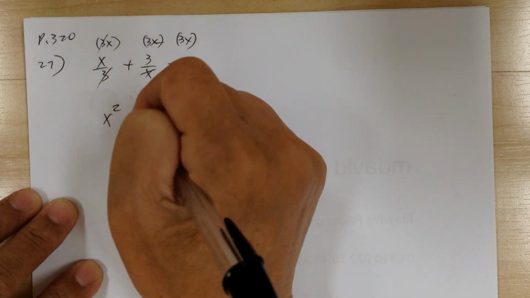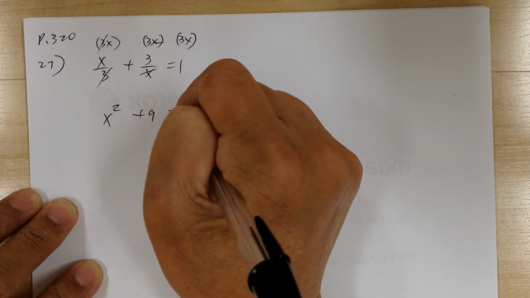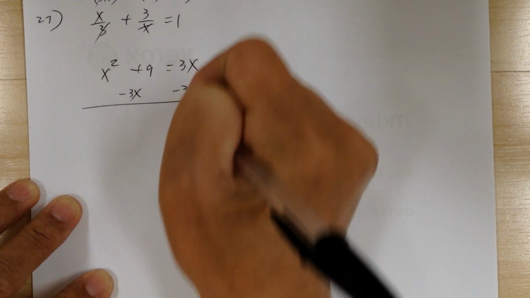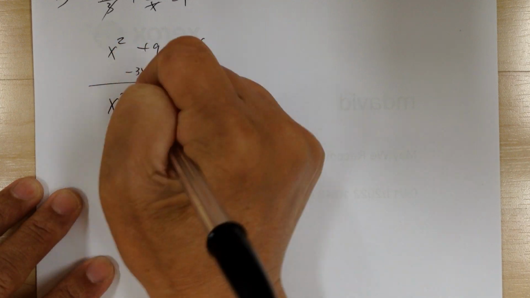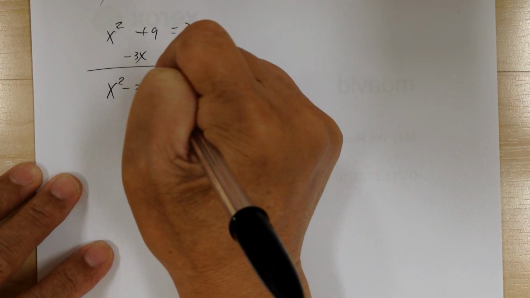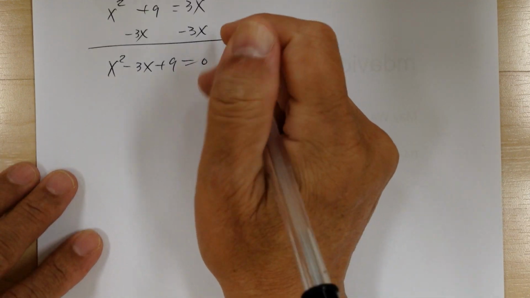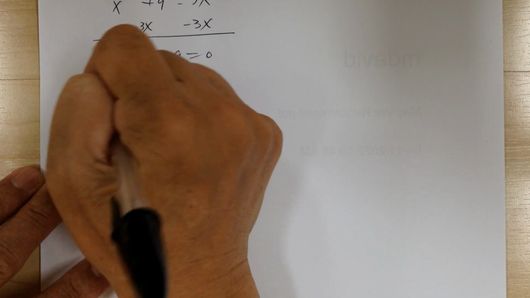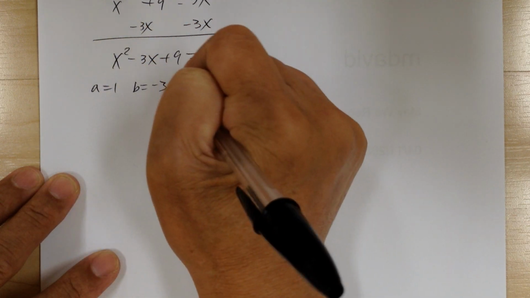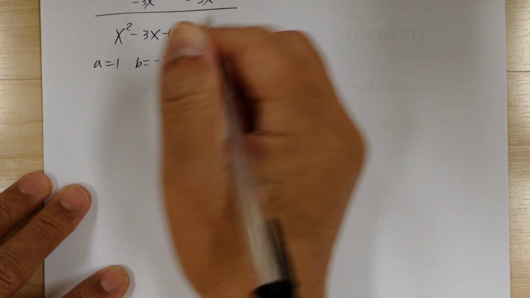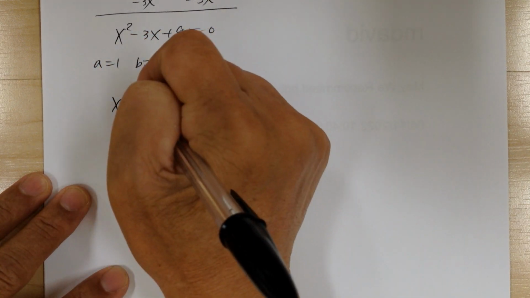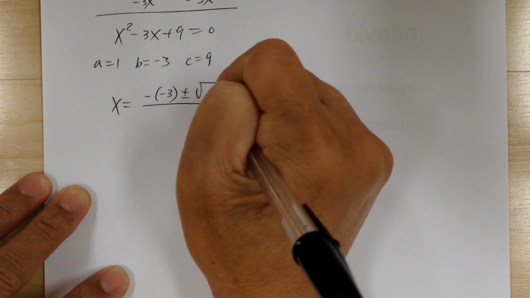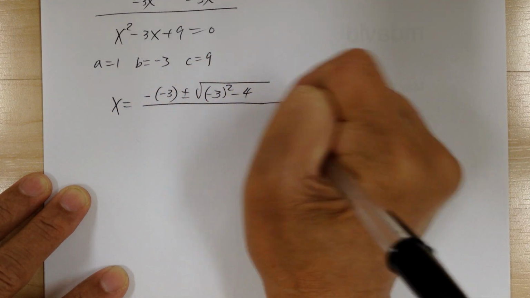Over here, the x cancels out, so it will be plus 9, and this one you get 3x. Let's subtract 3x on both sides to make it equal to 0, so we can do factoring or the quadratic formula. This is not factorable, so we're going to use the quadratic formula. You got a equal to 1, b equal to negative 3, c equal to 9. So x equals negative b plus or minus the square root of b squared minus 4ac